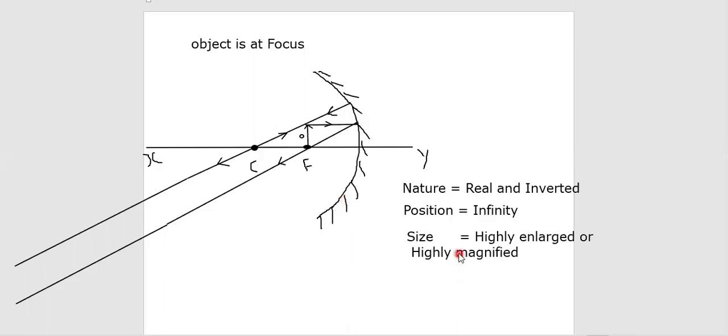First ray diagram and fifth ray diagram, both are same, but they are opposite with each other. In first one, if an object is at infinity, position of the image is at focus. You got that one. But in fifth one, object is at focus, and position of the image is at infinity. So it is reverse. Yes, you are right. Kanakalakshmi, you are right. Okay. So everyone understood, if an object is at focus, what will happen? Everyone understood. Right? Now, if you want, you can take a screenshot, no problem.